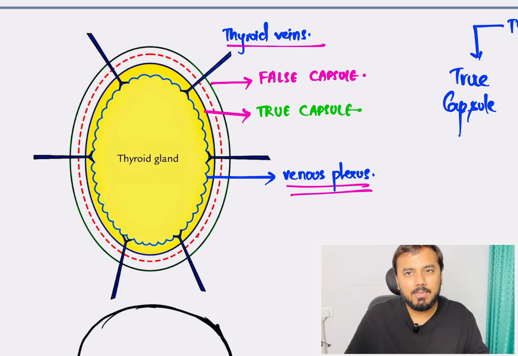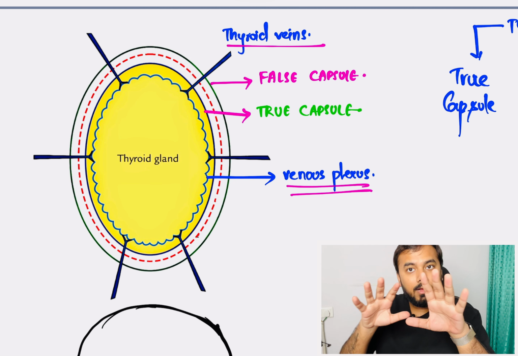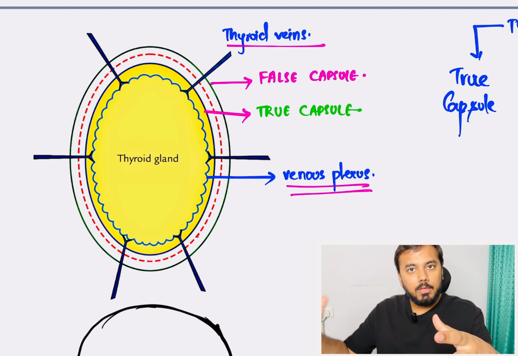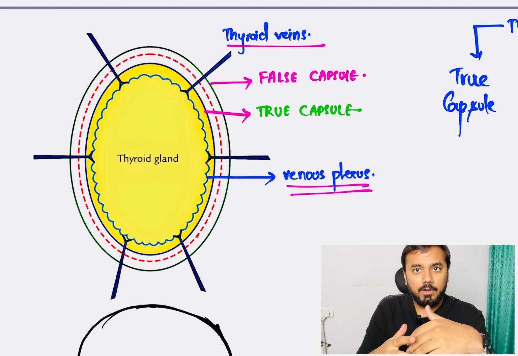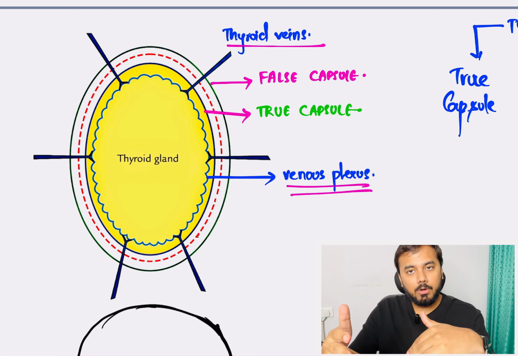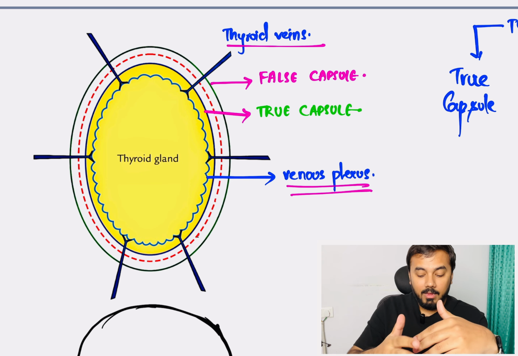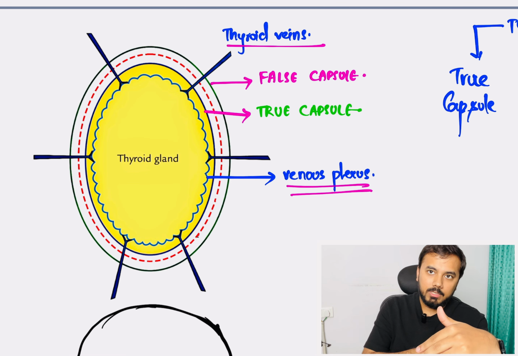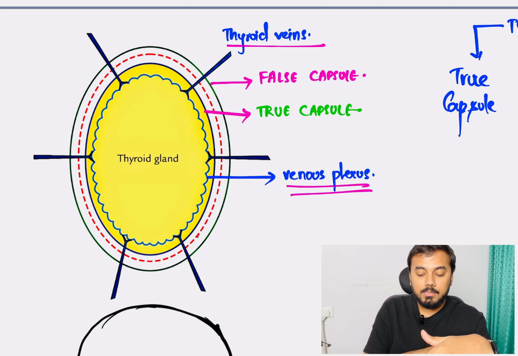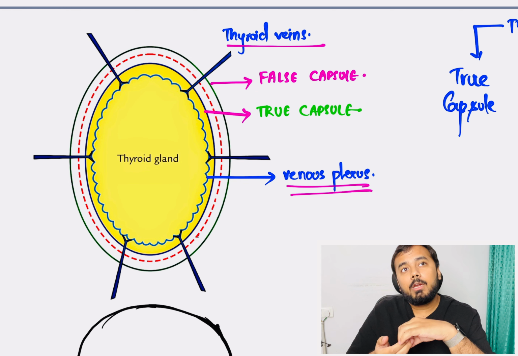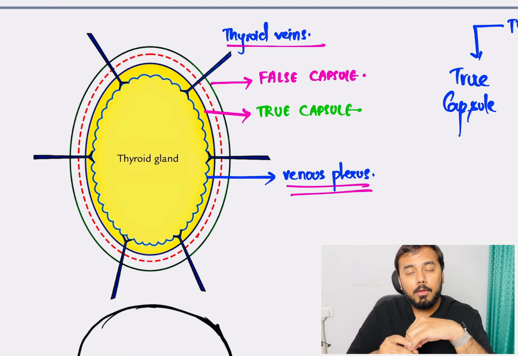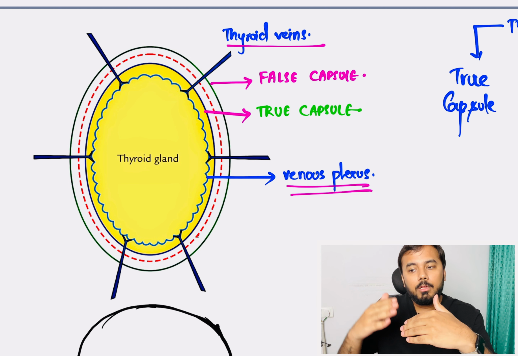Why am I stressing it here? Just keep this thing in mind. I will talk about this point later on, so just listen to whatever I'm telling right now. Usually in the thyroid gland, we have got the false capsule outside, the true capsule inside, and the venous plexus much more inside, inner to the true capsule. This is the structure that is present within your thyroid gland. But the prostate gland has a different arrangement. False capsule